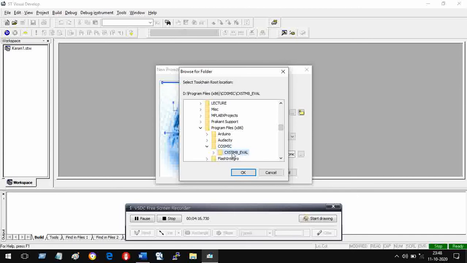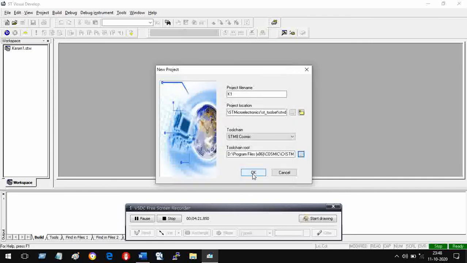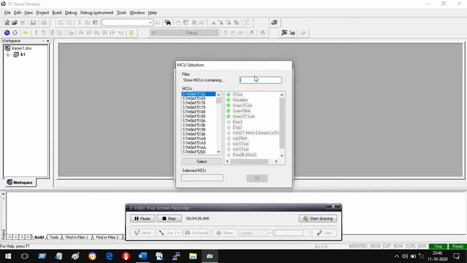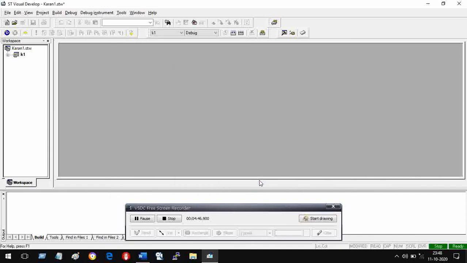I'm using the evaluation version. So this, and then I say OK, and then I say OK. Then I have to select the device. What was our device? Our device was STM8S003. So we have selected the device, right, this is the device, and we have selected it. So it has come here, and so you click OK. So your device is there, your project and workspace both are already in place.